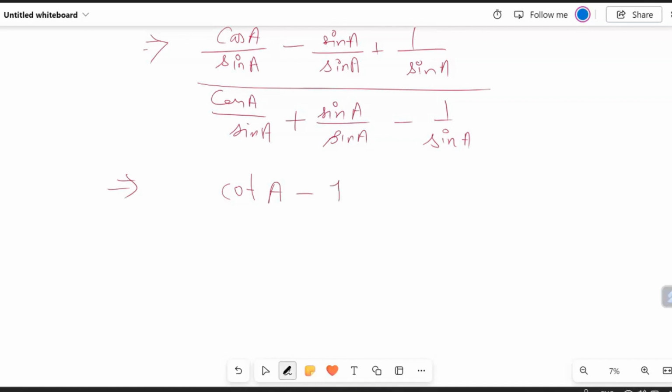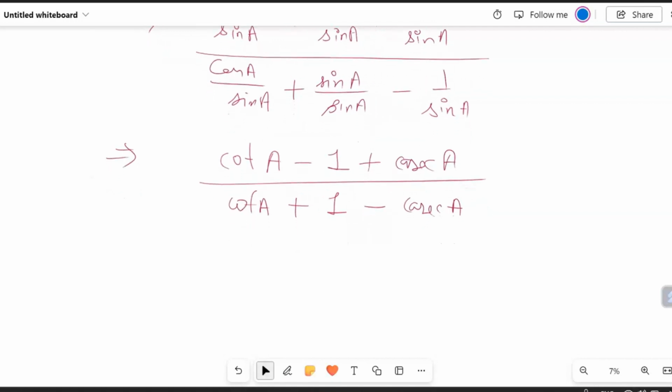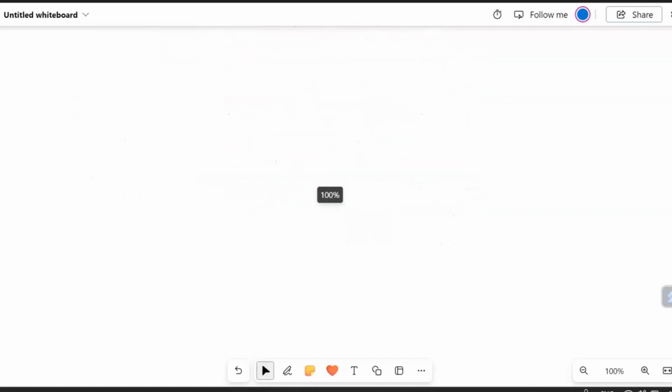Minus 1, or what is 1 upon sin A? That is cosec A. So we have also introduced the cosec A. Now cos A upon sin A, again cot A. Then there is a plus 1 minus 1 upon sin A is cosec A. I hope you are getting it, what we are doing here. Now